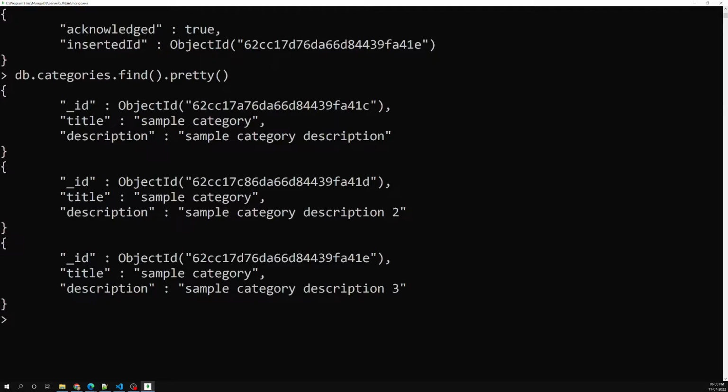Now what I want to do is update the description to something else, for the one which has a title of sample category. Or otherwise I will try to delete this one. So how can I delete it? Let's say that